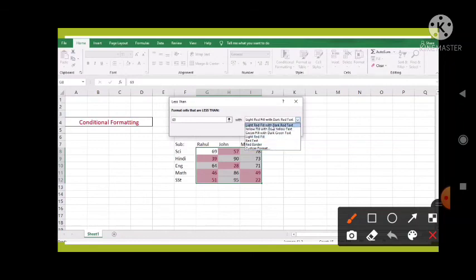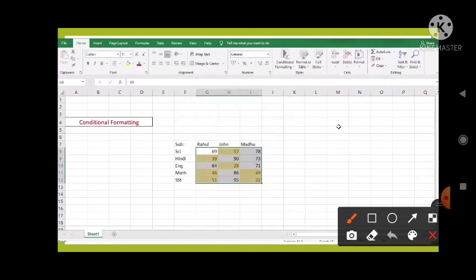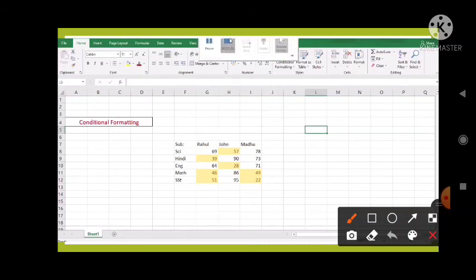Also you can use custom format, but here we are using our own, that is yellow fill with dark yellow text, and then click on OK. So you can see that Excel will format the cells based on your choice. You can see that all the cells that are less than the number 60 are highlighted in yellow color. So it is the use of conditional formatting.